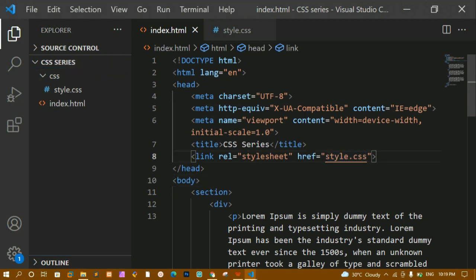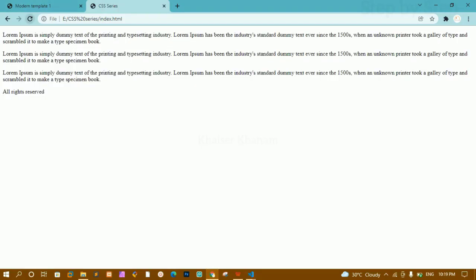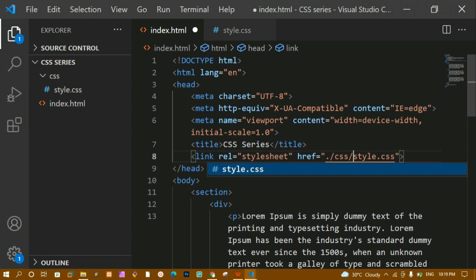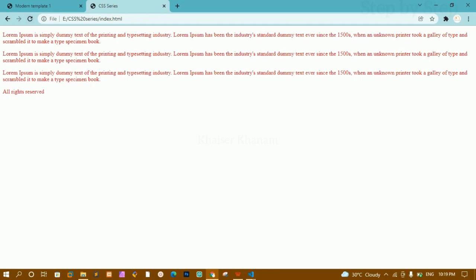Now here it will not work. I'll come here and refresh this one. You can see it is not going to work. My file is present inside the CSS folder, and inside the CSS folder I have this style.css. So I should be writing the proper file path, only then it is going to work. Now if I refresh this one, you can see all the paragraphs have been changed,